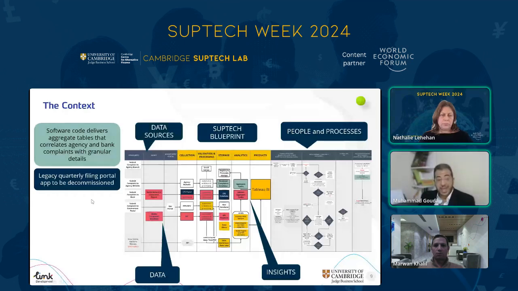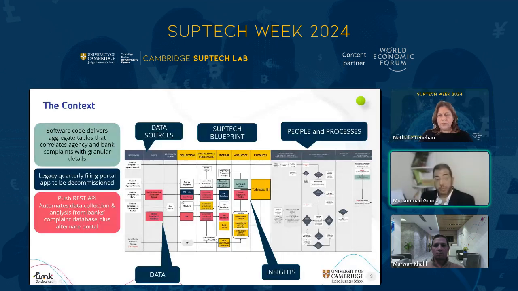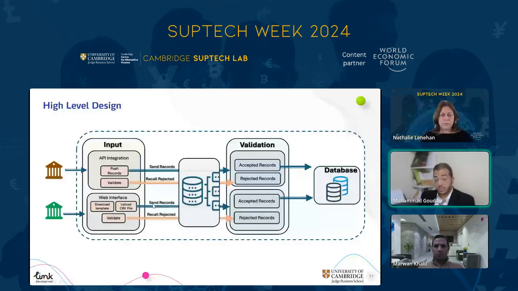our solution. And the red building blocks are our current solutions, work in progress, to build the APIs to facilitate collecting complaints from different banks. And the yellow building blocks are focused on the future, some innovative ideas to leverage AI, machine learning, and natural language processing to take this solution even further.